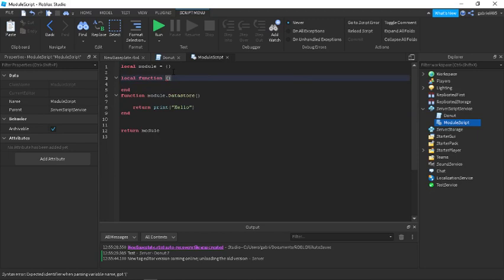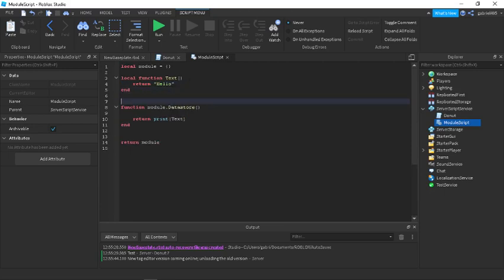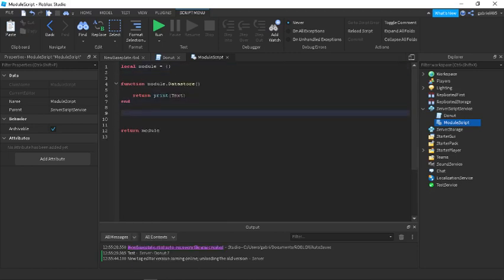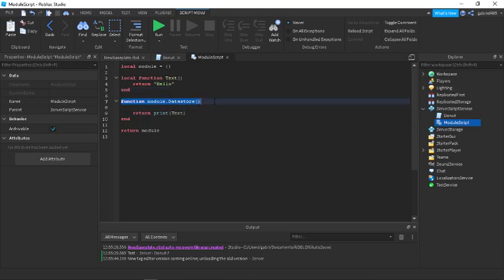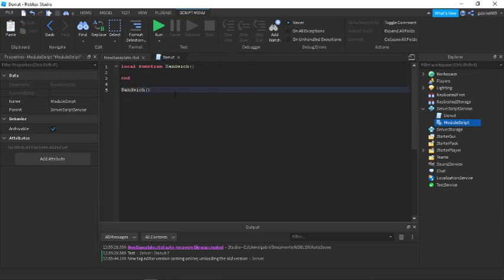Here, let's call this text, and then let's return text. Well, no, let's return hello. And then we'll call the text. You see it like that. So if you need information for the given thing inside of the module, then use a local function. But the local function has to be above because it's a local function. It just wouldn't make sense if it's below. But definitely always use local functions when you can, unless it's this scenario when you need this, or another scenario when you can't use local functions, which is for